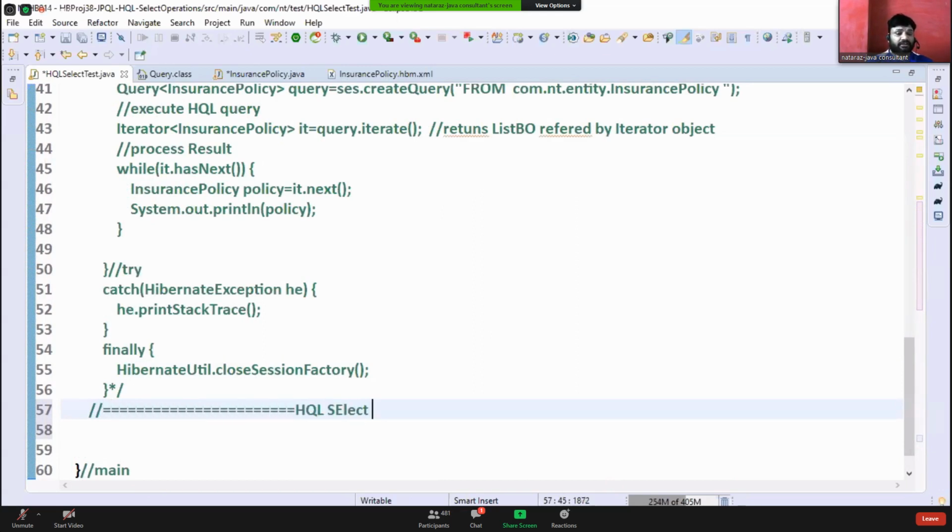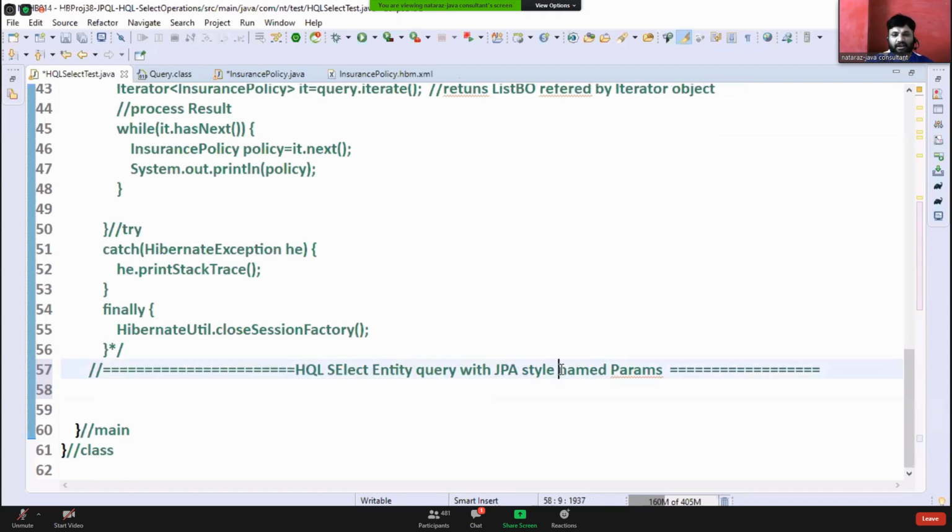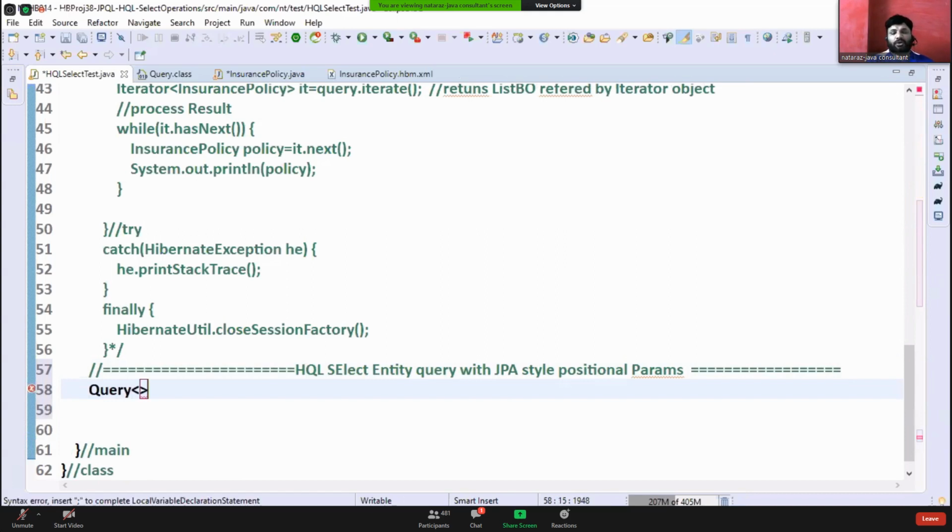HQL select entity query with JPA style positional params. Sorry, not named params, positional params. First, let me give positional. JPA style positional param. Okay, first tell me query. As usual,